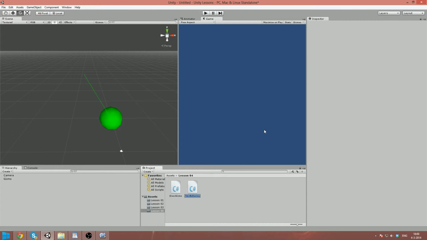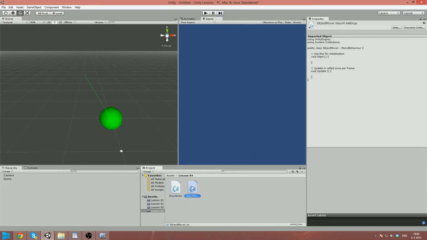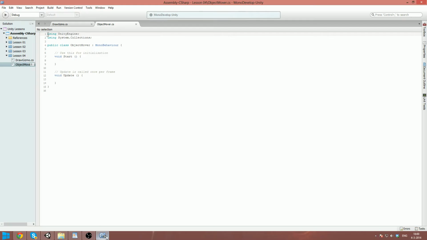So we're gonna call this object mover, and as you can see, this says object mover because I didn't click that away before editing it. So let's go back to this one, and